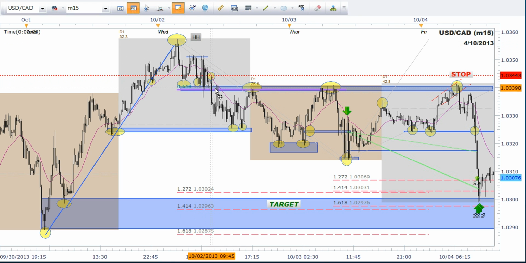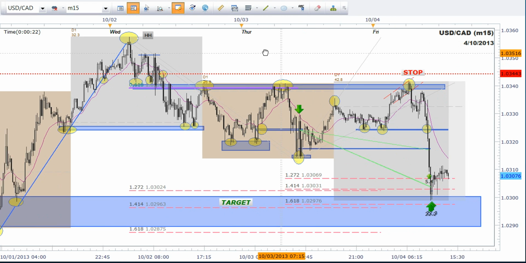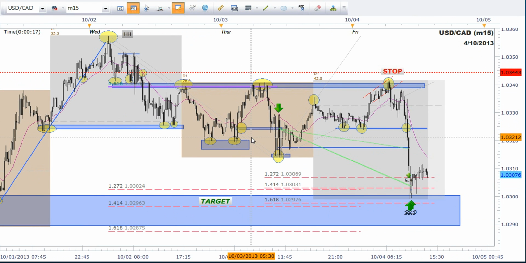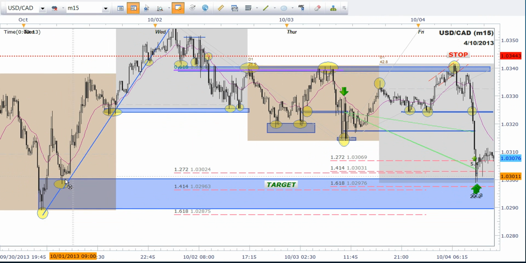So now it comes and it breaks it and starts putting in lower lows, and it comes back into this support, which is now turned resistance. And so instead of thinking long trades, I start looking for short trades. Now that it's come back into the beginning of this impulse move here,